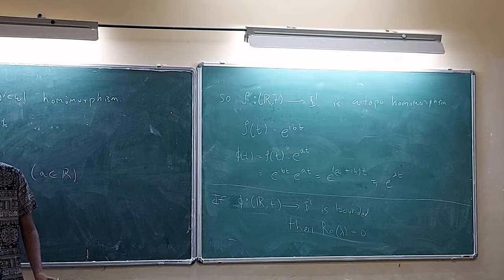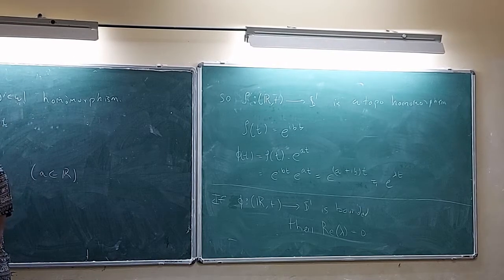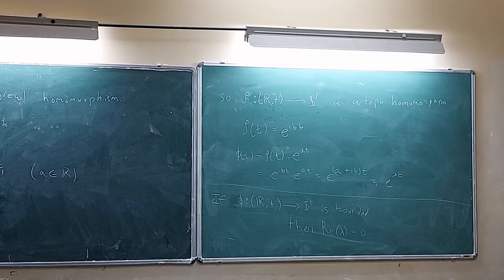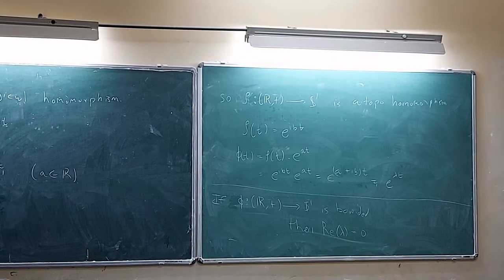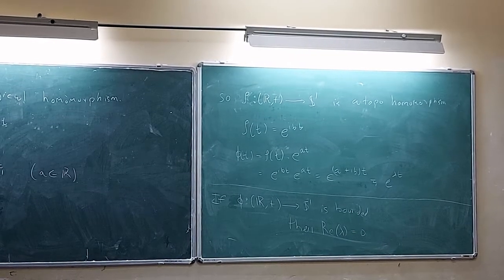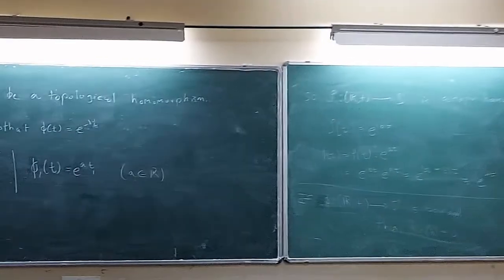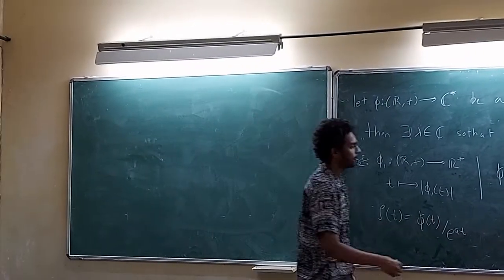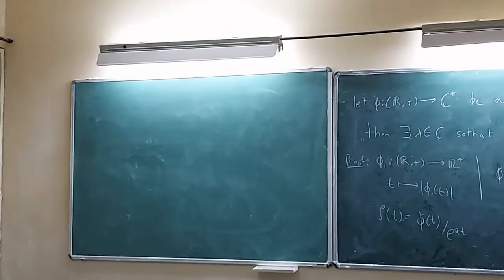So for bounded representations, our exponential consists of purely imaginary exponents. Now that we have seen these families of representations for R plus,